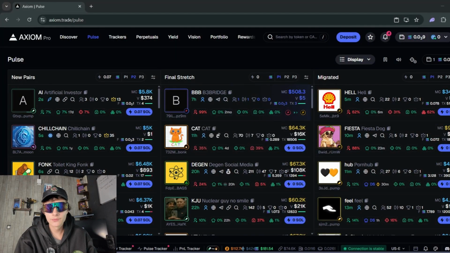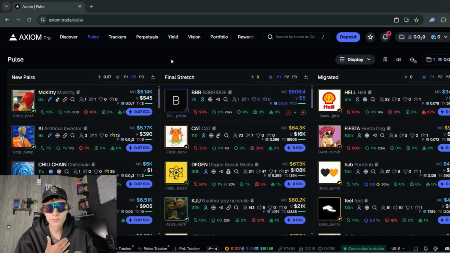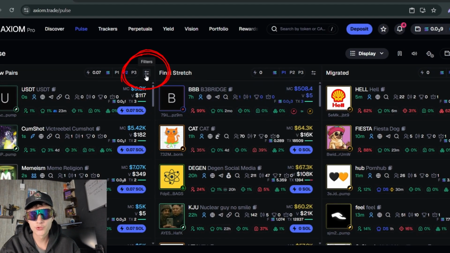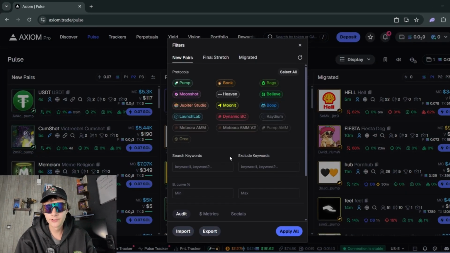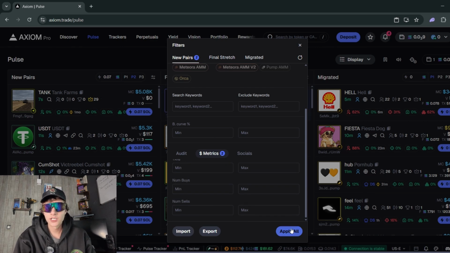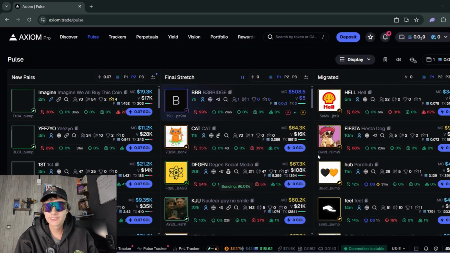Let's kick things off with the Pulse tab. This is the most crucial part of Axiom, where I spend most of my time. It's where every new meme coin pops up in real time. But without filters, it's a total mess. Trash and spam coins are flooding the screen. So here's how to clean it up. Go to filters on new pairs and set the minimum liquidity to 6,000 and the minimum volume to 8,000. You don't need to overcomplicate things, so I'm going to apply